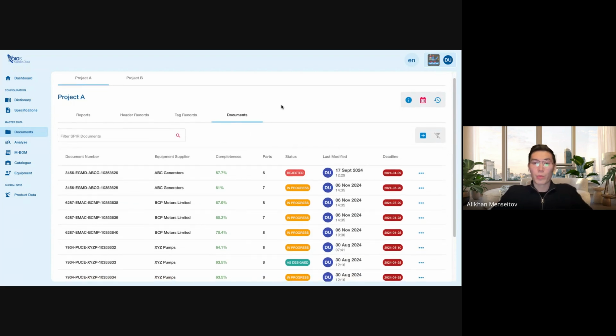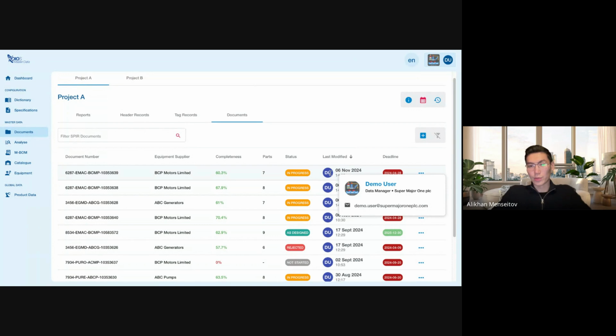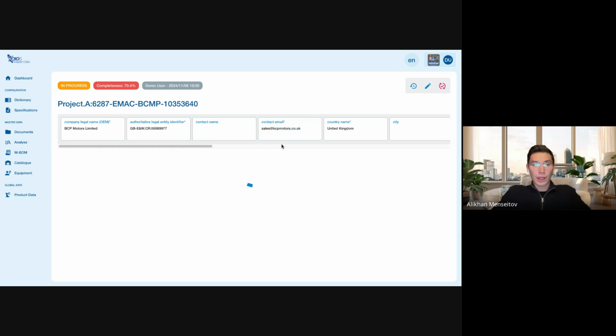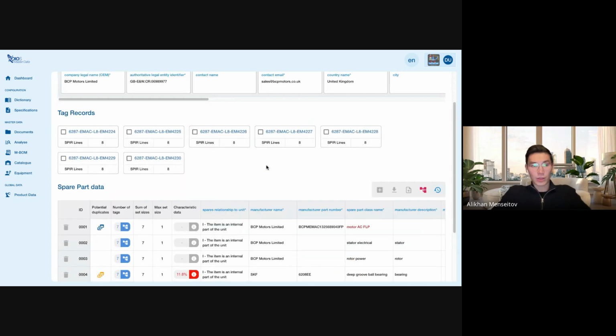And if we move off the dashboard and go to the document page, here we're able to see that Kspir provides visibility of all documents in the project. You can see their completeness, you can see the parties, who was the last person to modify it and when. And let's actually have a look inside one of these. And as you can see here,